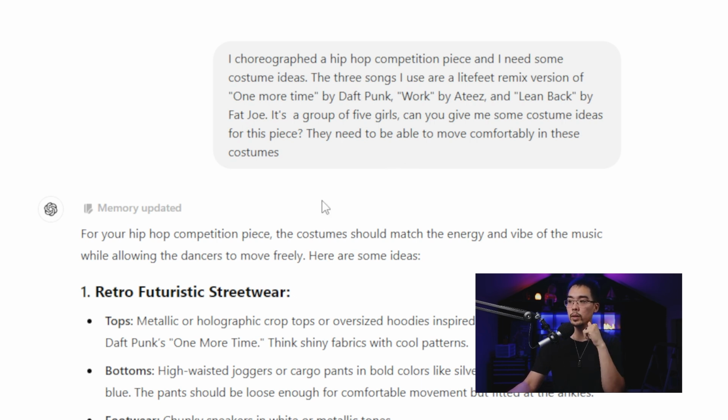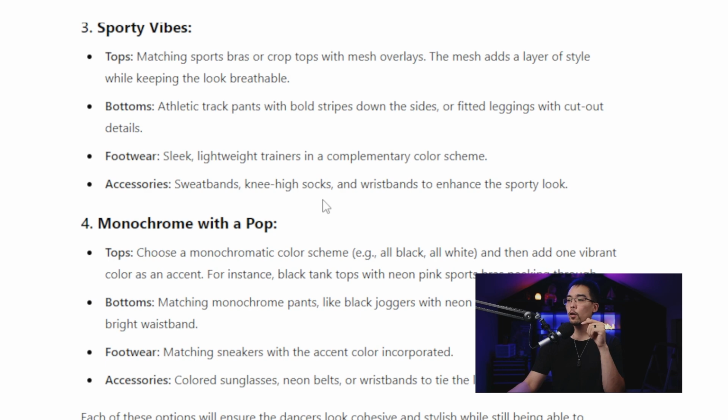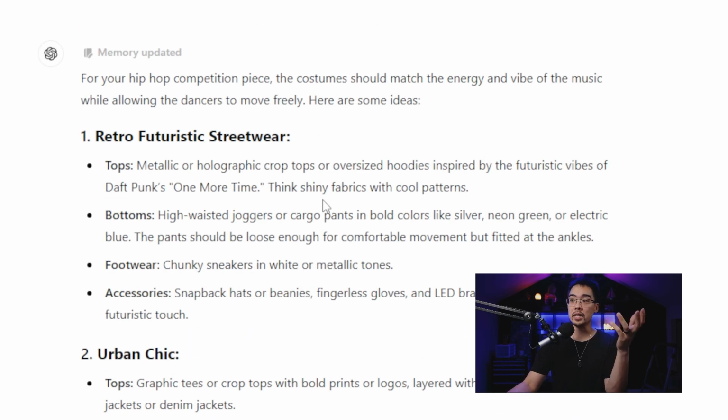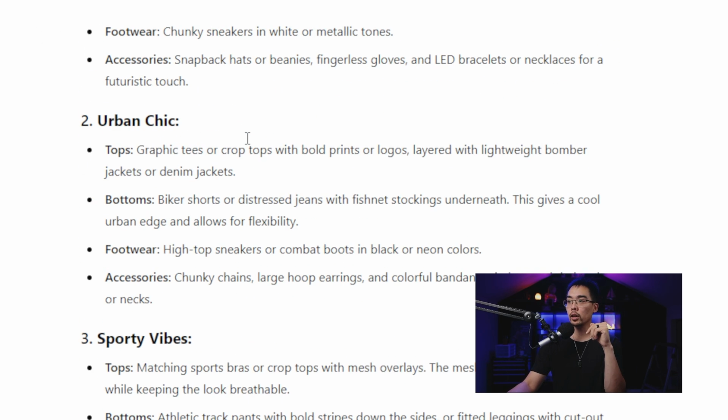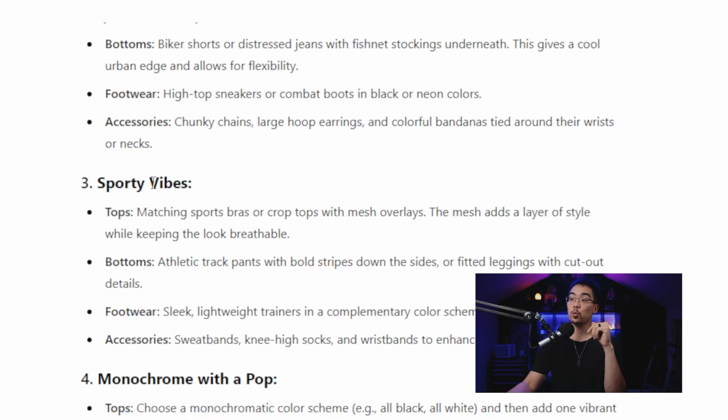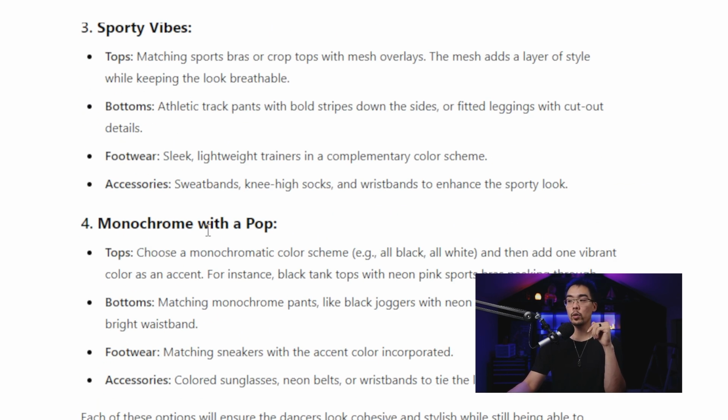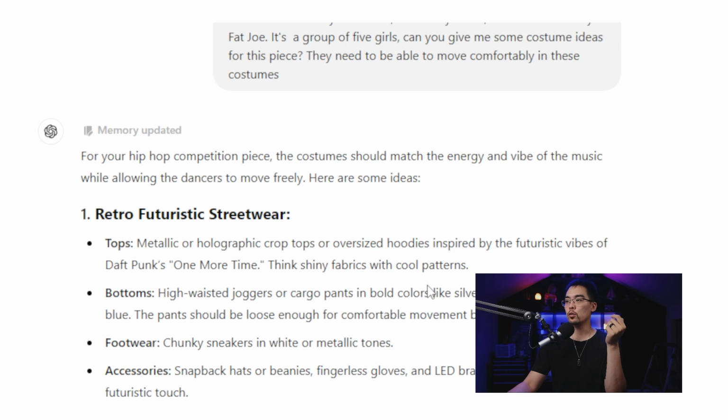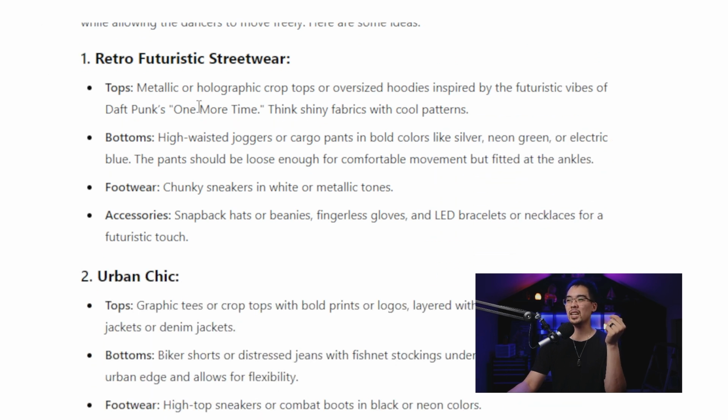So this is what it gave me. It gave me 4 different ideas: retro futuristic streetwear, urban chic, sporty vibes, monochrome with a pop. Now, if you quickly scan through these, you'll see it's kind of generic. They don't give me a specific thing per se, but I will say I thought it was interesting that it